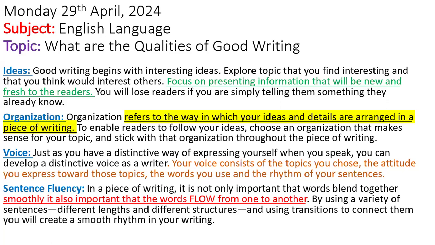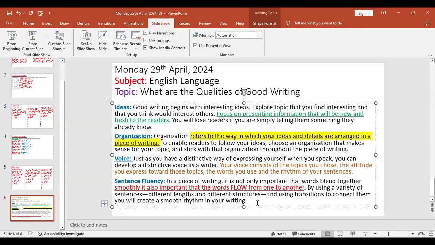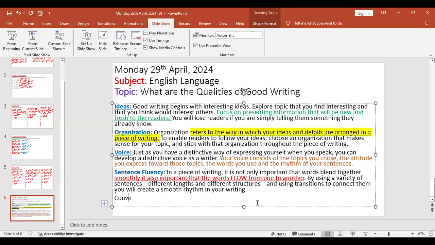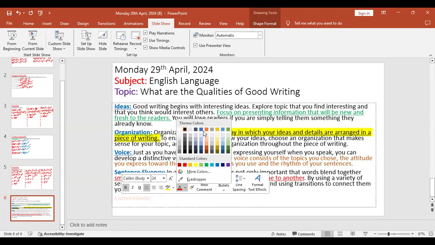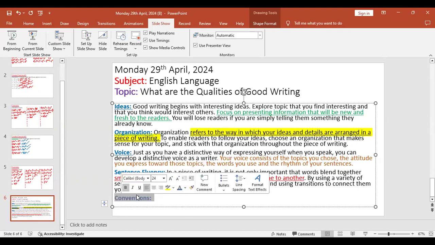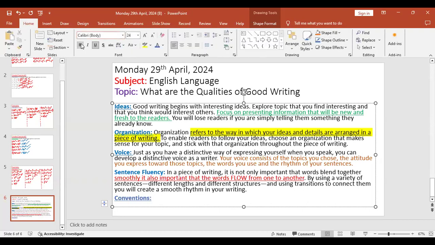Very good. And the last good quality of writing, I think someone mentioned it, that was China who mentioned it at the beginning, is going to be conventions. Now, conventions just basically refer to grammatical, like making sure that you avoid grammatical errors, making sure that you stick to the correct conventions, right? The correct way, the correct rules, right? That's what we mean by conventions.